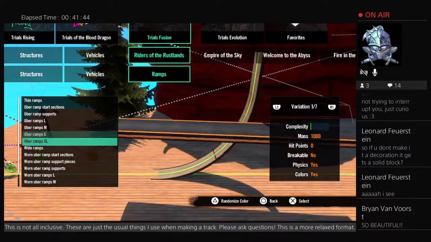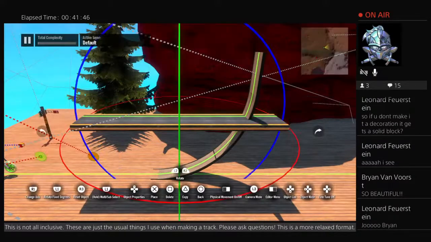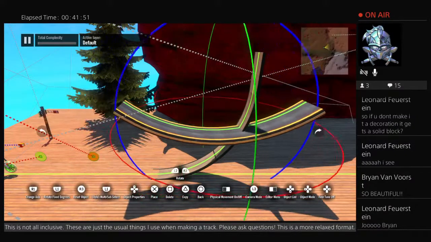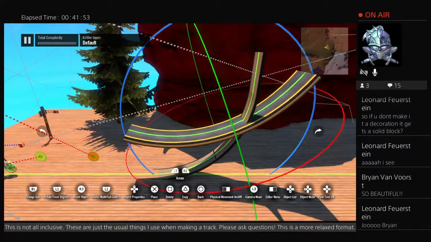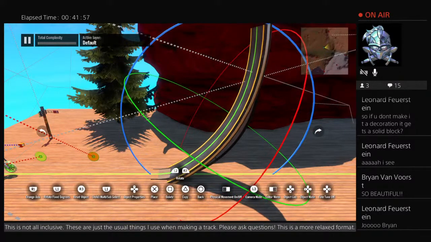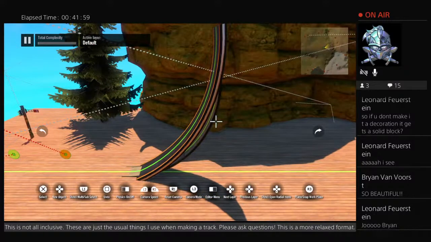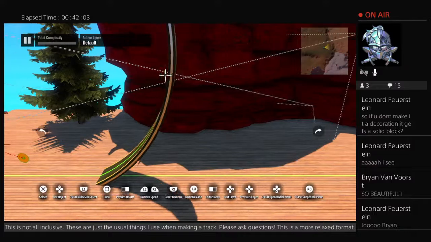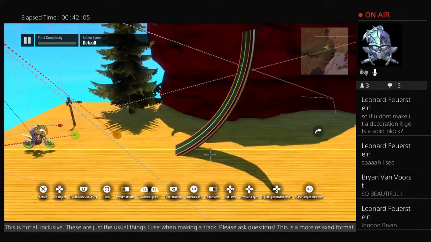Going to do ramps, and I want to do an extra long. I want to make it super curvy. I'm going to snap it, and angle it the way that I want, just like that. And I'm going to get rid of this thing in the back because that's not going to do anything for me anymore. So you notice how this is kind of plain,